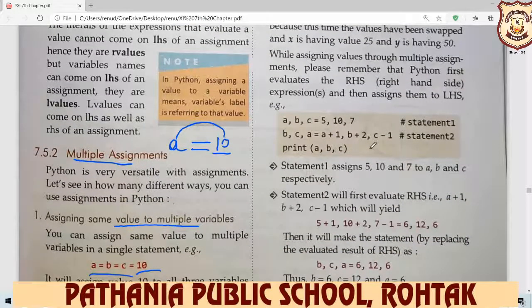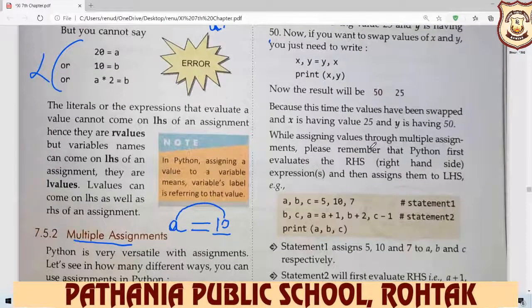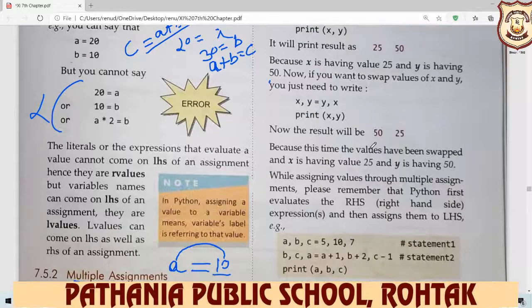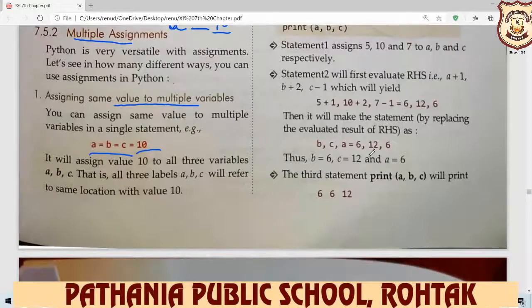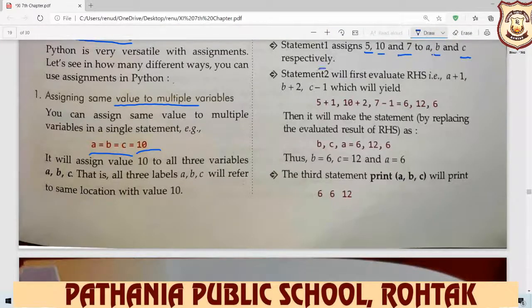Now, statement 1 assigns 5, 10, and 7 to A, B, C respectively.